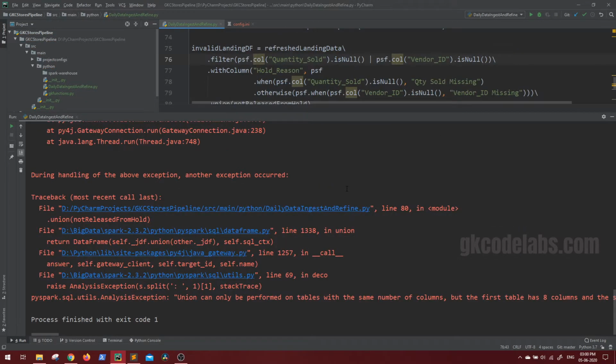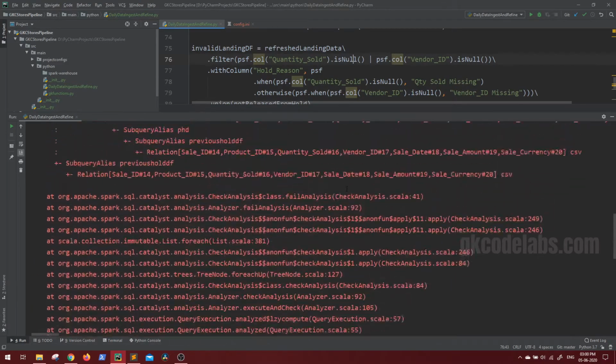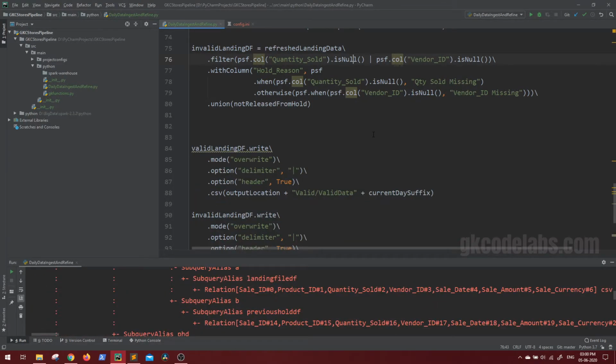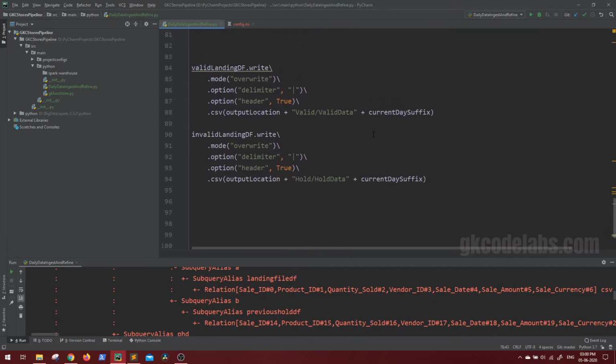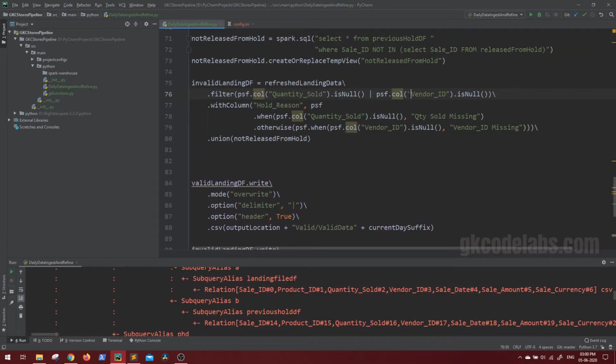Now let's try to run this. And as you can see, we are getting the error. Guess the mistake that we have done. Actually, this won't be the case when we will be deploying this project on our Hadoop cluster. What happened here is we are changing the schema on the next day. On the previous day when we ran this, we didn't have this condition, so there was no withColumn API there. So the previous day's hold does not have the new column.